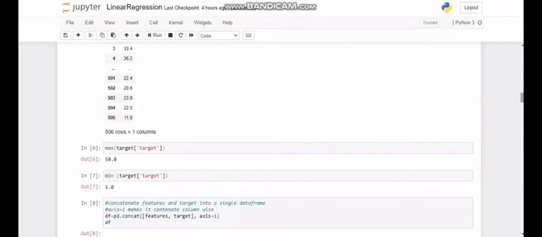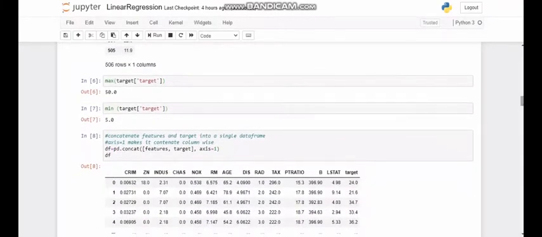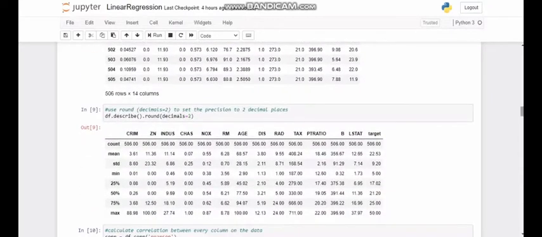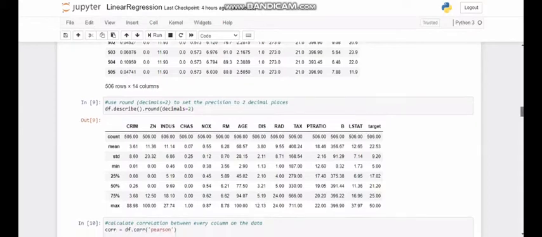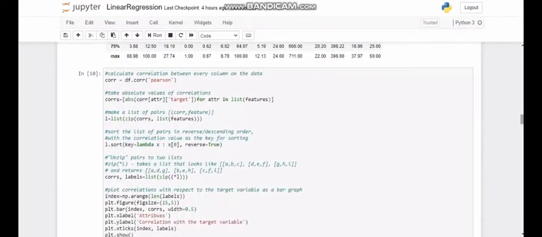Then data processing. We'll first load the dataset, then the attribute information is as on the screen. Median value is the target. Now putting data into a Pandas data frame. Individual attributes can also be accessed from the dataset. Max and min values can also be accessed from the particular attribute. Now we'll concatenate them into a single data frame.